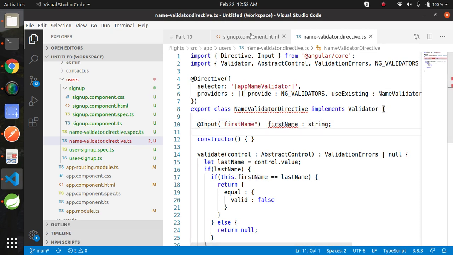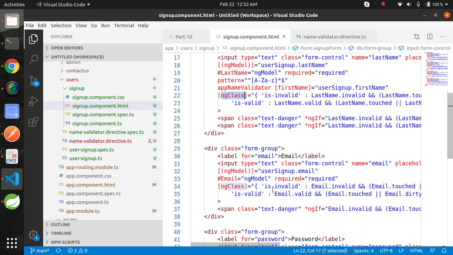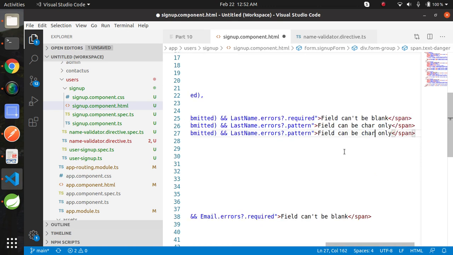Now go to your template file and add a condition. Copy this span and paste here. Just change here.